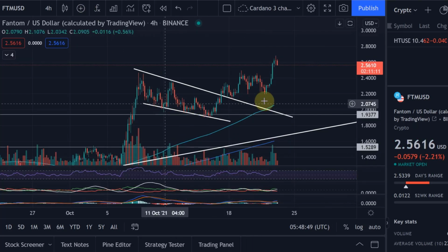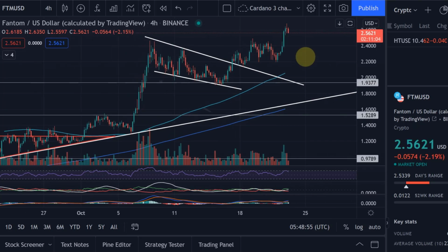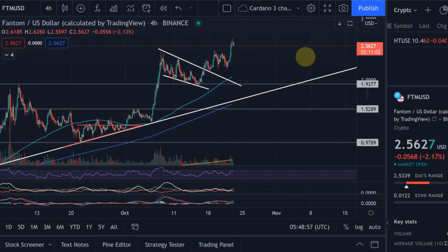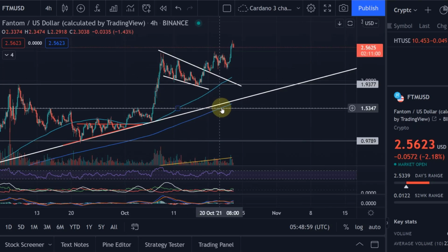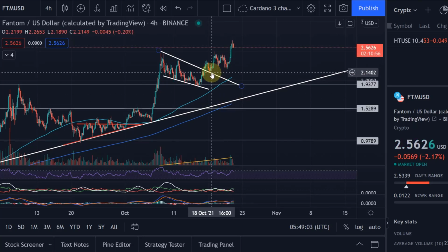So anyway, what is nice to see is, of course, that we have the 20-day moving average come up quite quickly. So we're not too far away from the 20-day moving average, which is nice. Also, the 50 is going to provide some support here should we really drop below these lows. Now, if we really drop below these lows here at around 216, I think then we could really fall much further. We could go down to